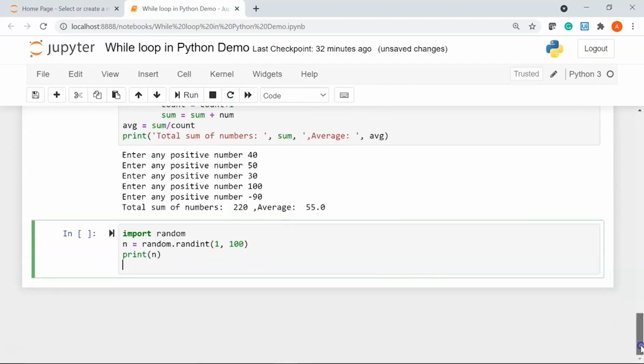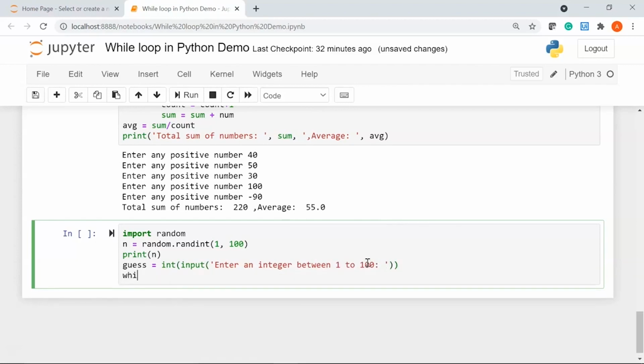Then I'll use a variable called guess, which is going to be a user input. So I'll say input, which is my function, and I'll give the message enter an integer between 1 to, let's say, 100.